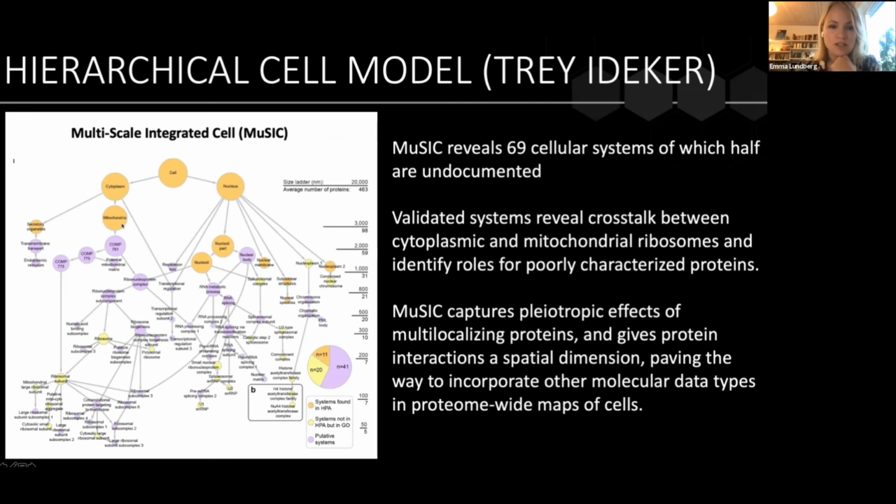They were present in gene ontology, but all these purple systems are actually new systems. So we have worked very hard since we built this model to validate them, and we've been able to validate very, very many of them and revealed, for example, crosstalk between cytoplasmic and mitochondrial ribosomes and identified roles for poorly characterized proteins. So we think that this type of data integration across scale, which it basically is, because